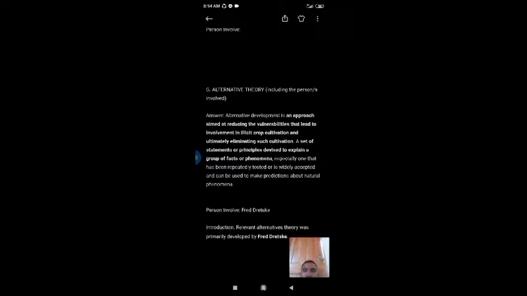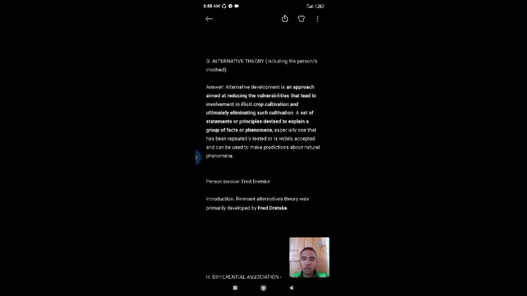So G of this number 2 is alternative theory. Alternative development is an approach aimed at reducing the vulnerabilities that lead to involvement in the illicit crop cultivation and ultimately eliminating such cultivation. A theory is a set of statements or principles devised to explain a group of facts or phenomena, especially one that has been repeatedly tested or widely accepted and can be used to make predictions about natural phenomena. Person involved is Friedrich,